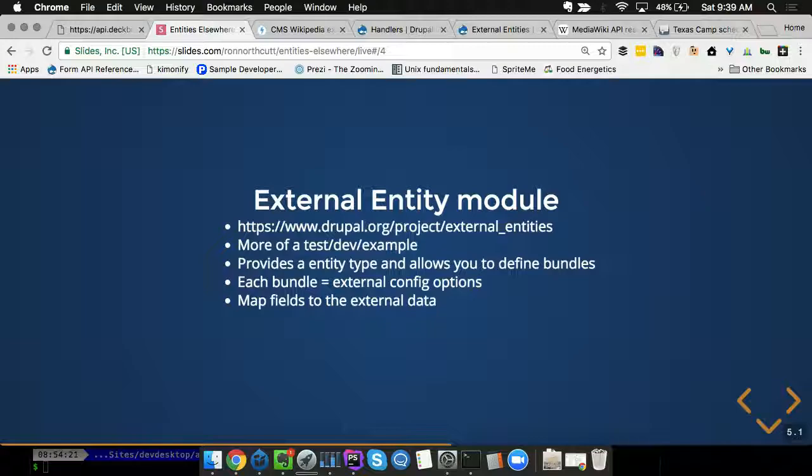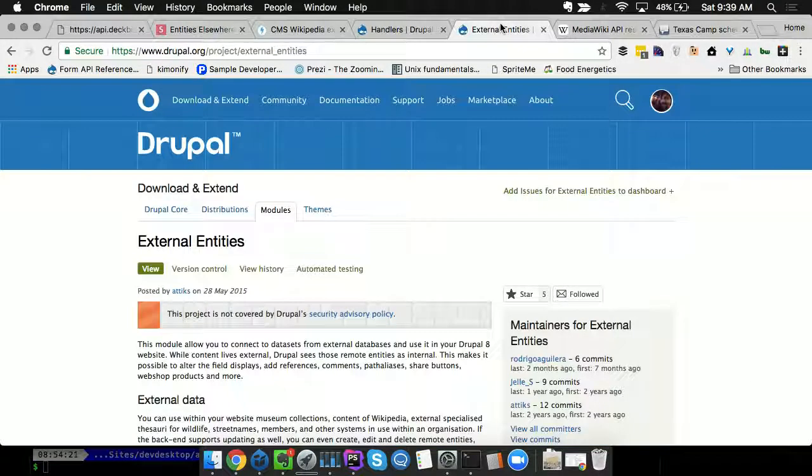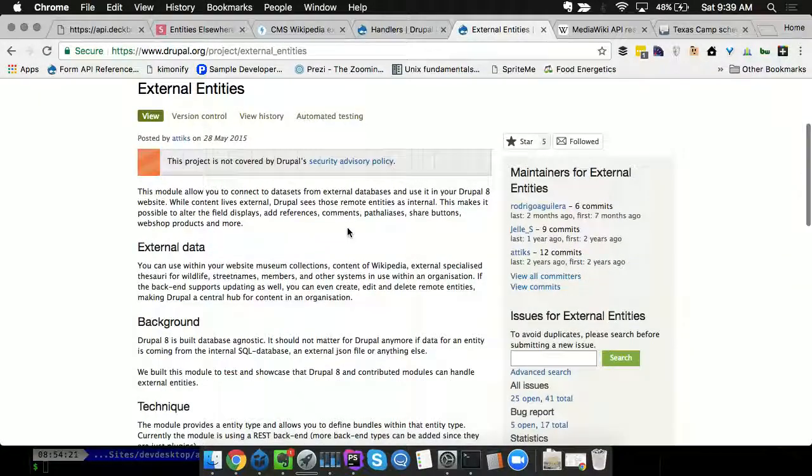Alrighty. So the first thing I want to look at is the external entity module, which is located here. I've actually had my eye on this for quite some time and have never really had a chance to play with it. In fact, that's one of the reasons I proposed this session, so I'd have a good excuse. The thing to keep in mind about this is that